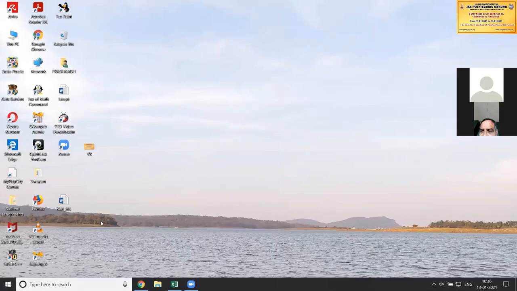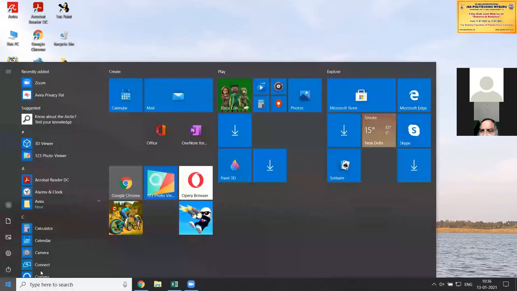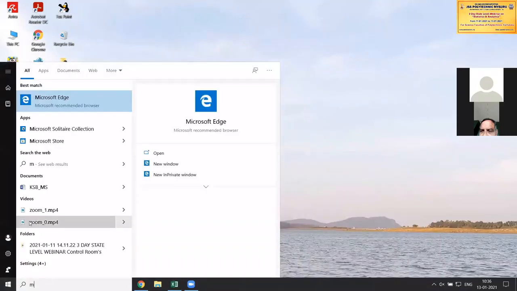In the previous class we told you how to go to Microsoft Excel. Here again I am starting. Start with the Start button and go to Microsoft Excel.